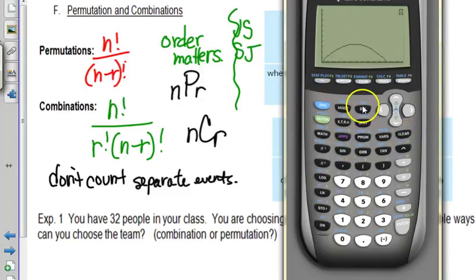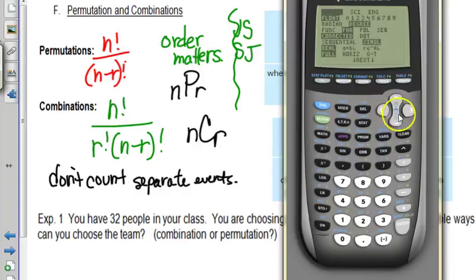It's faster to arrow to the left, or you can arrow all the way to the right to the probability menu. And it's here, choice 2 or choice 3. Okay, nPr, nCr. Now, you do have to put numbers on the older version, like I have running right now. You'd have to put in like 30 and then go to the button and then put in the other one. I think on the newer version, you just hit it and it brings up little boxes, right? I don't know if I can turn that on here. I thought I could, but